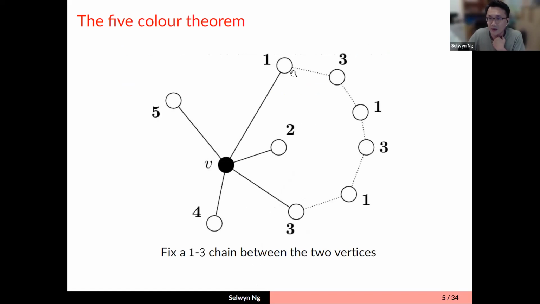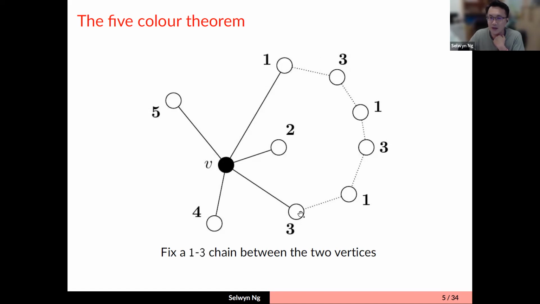Now, we look at what is called a Kempe chain, which is a path originating with this vertex that has been colored 1. In the chain, you have an alternating sequence of nodes that are colored 1, 3, 1, 3, 1, 3. And of course, if there is no chain that starts with 1 and connects to 3 here, then we can very simply, by reversing the colors on every chain originating with 1, switch this color from 1 to 3, and that frees up color 1 that we can use for the center vertex. So the difficult case is obviously when you do have such a chain of alternating 1 and 3 colors, starting with 1